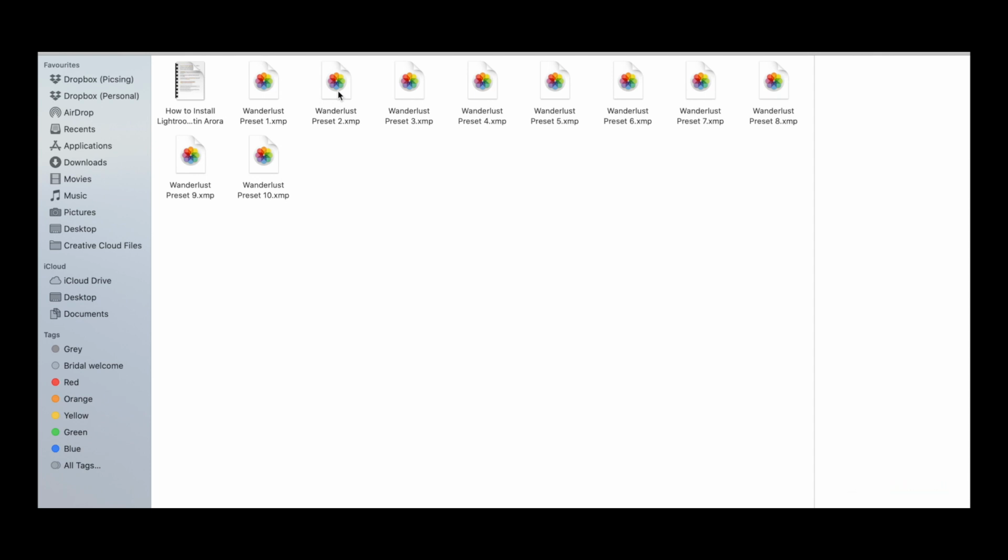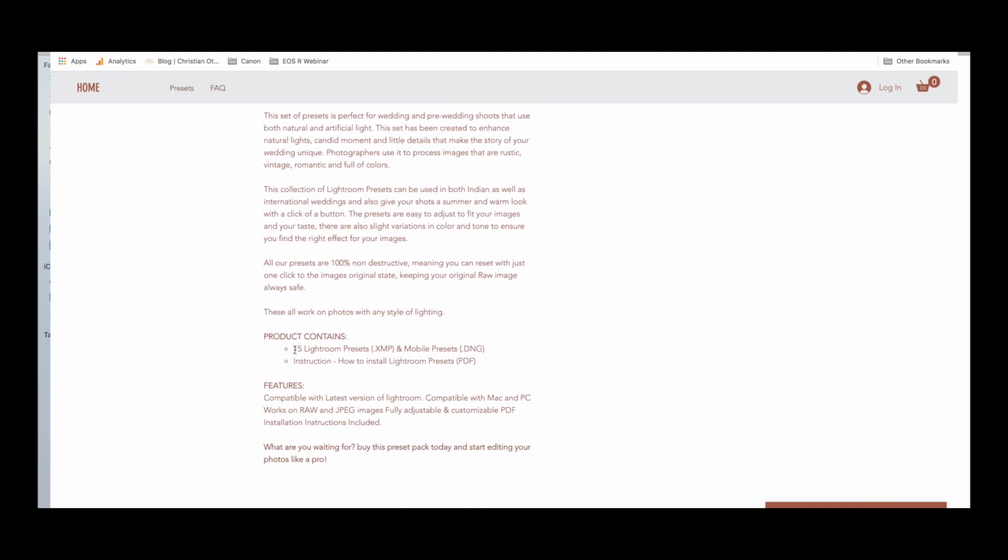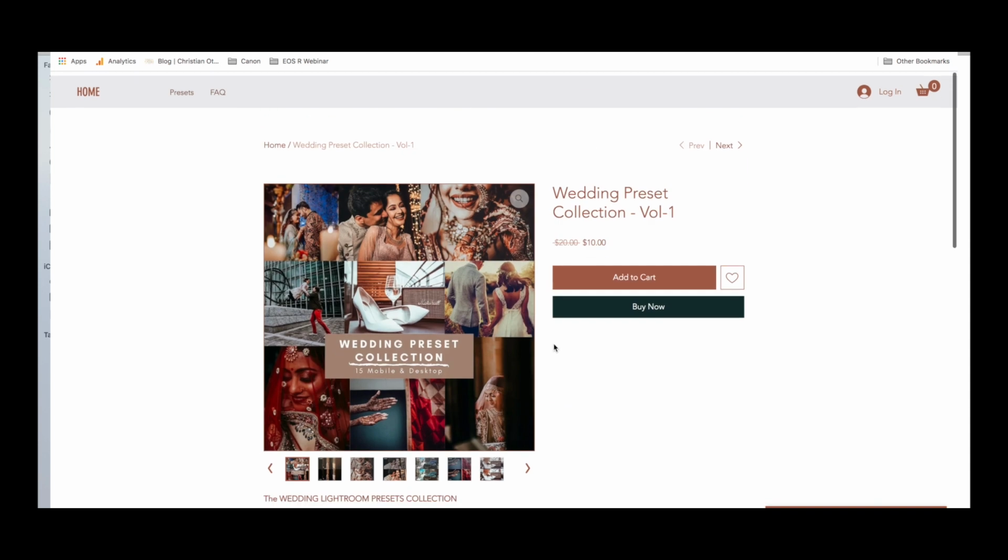With the latest update to Adobe Lightroom and Adobe Camera Raw, Adobe has moved on from the .lrtemplate file format in favor of using the .xmp format. Just to let you all know, our preset collection actually comes in .xmp format. So all you need to do in this case is update your software to the latest version.